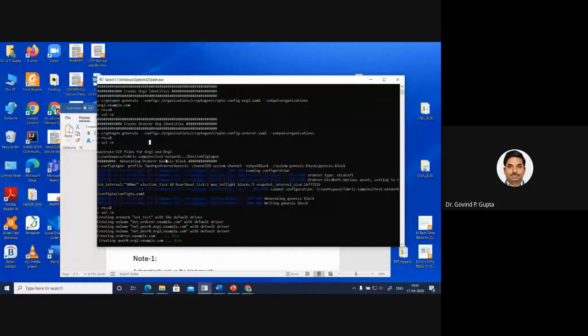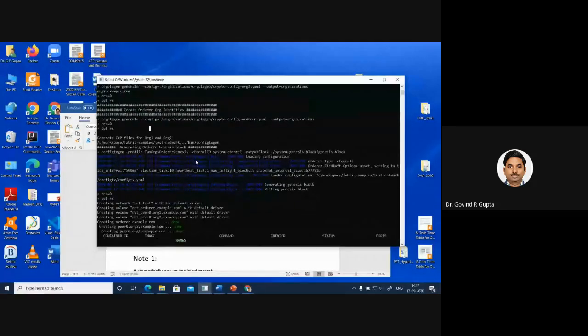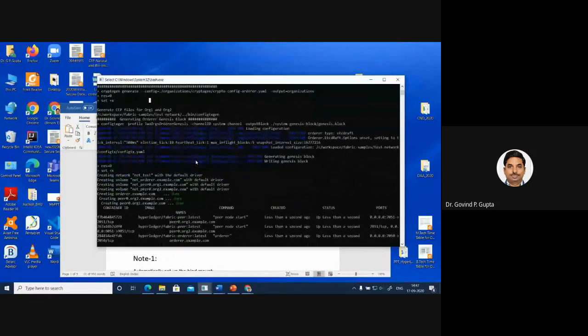And then we have to create the peers. You see here, creating the orderer is done. Creating peer0 for organization 2, creating peer0 for organization 1, done.